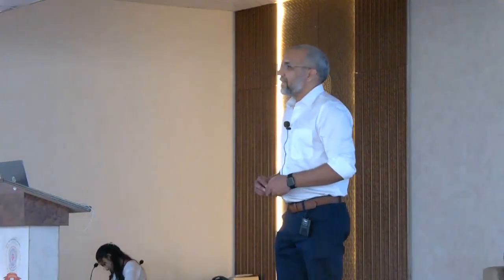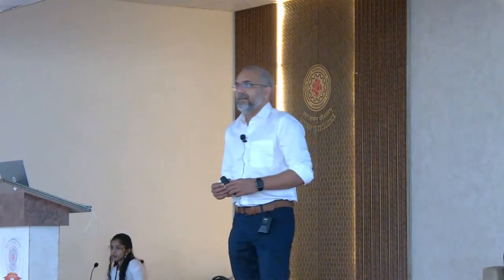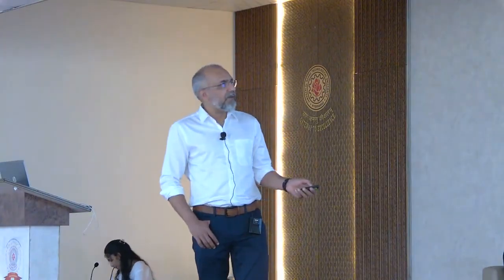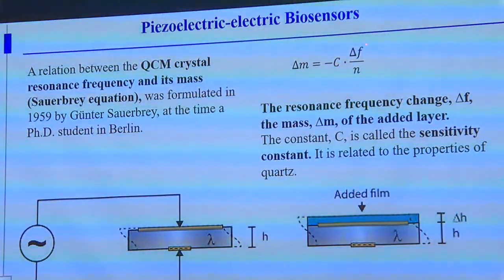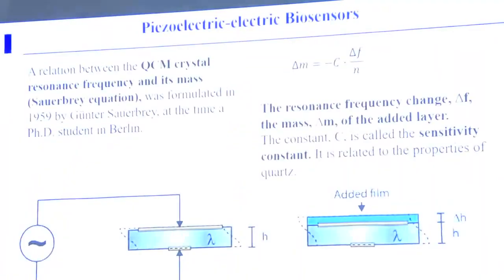Does anybody know what the relation is between oscillation frequency and the mass? Any thought? When we have this piezoelectric device, what is the relation between frequency and mass? For sensing application, there is a very simple relation: delta M equals minus C multiplied by delta F divided by N. Especially that is for QCM here. So the relationship between crystal resonance frequency and its mass, that is